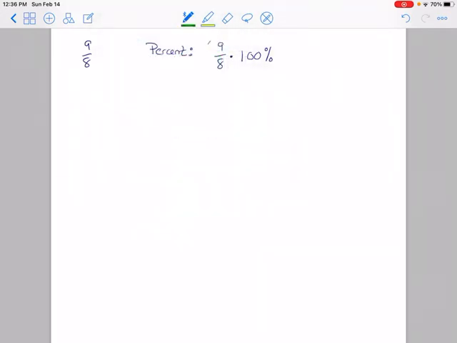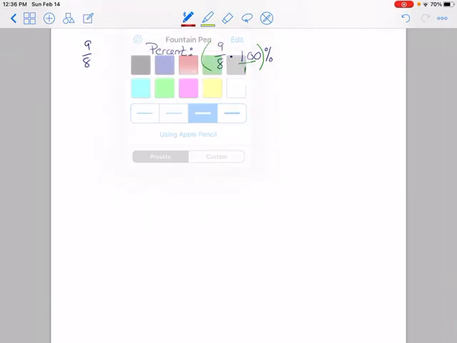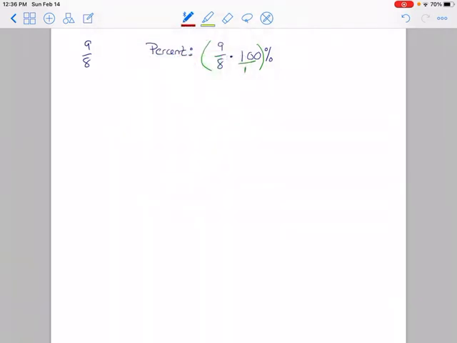So then I just think about where I want to put my parentheses. Right, I'm going to put them right here. And I want to think of that 100 as being 100 over 1. So then I want to look and see if I can reduce. So it looks like 8 and 100 are both divisible by 4. So that goes 2 times and 25 times. Okay, so 9 times 25, if you go over and work that out, it comes out to